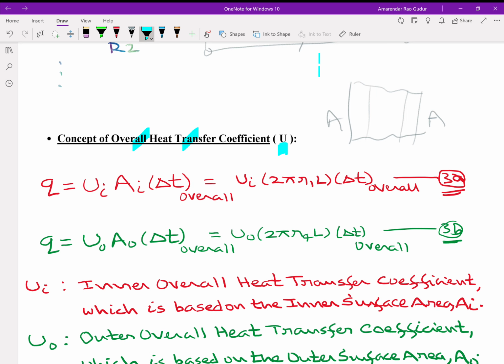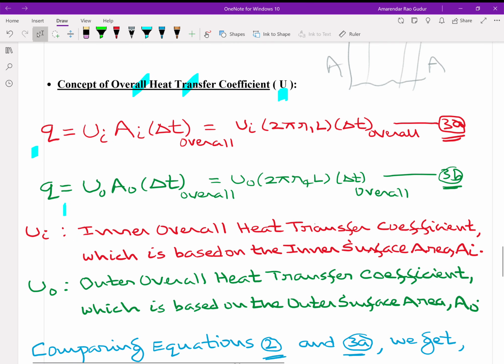Accordingly, it becomes customary to introduce corresponding overall heat transfer coefficients. As a result, we can write Q as Ui Ai del T overall, that is Ui 2 pi R1 L del T overall. Q as well can be written as U naught A naught del T overall, that is U naught 2 pi R4 L del T overall, where Ui is known as the inner overall heat